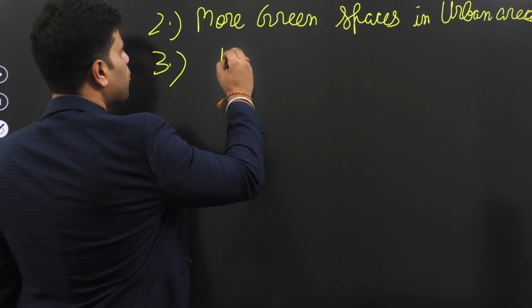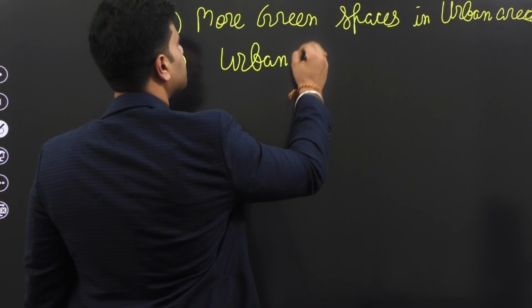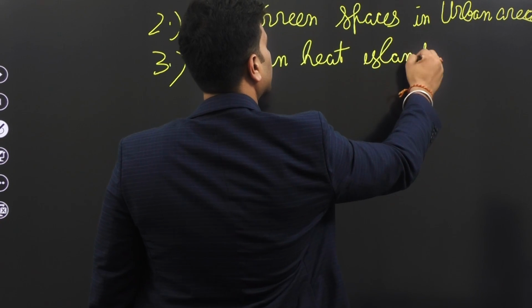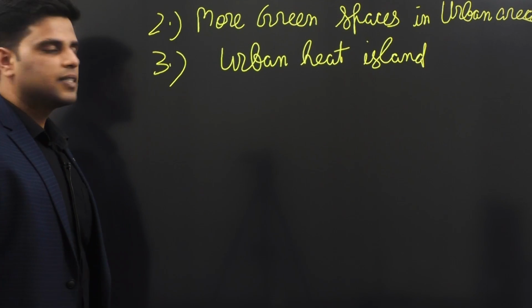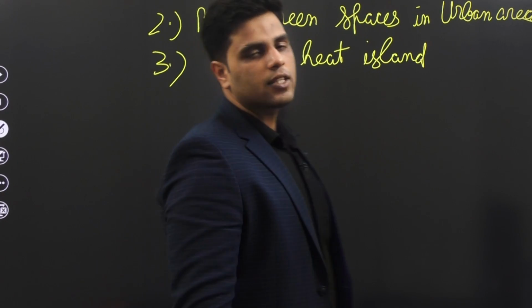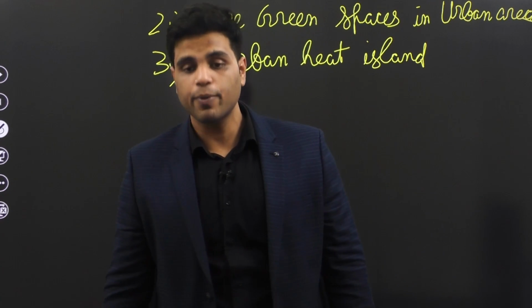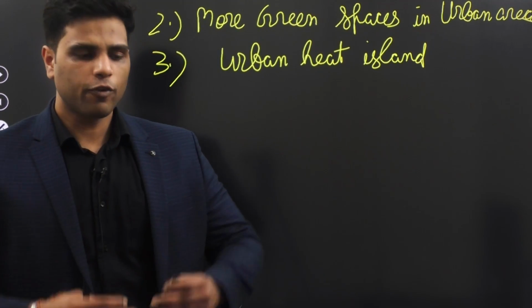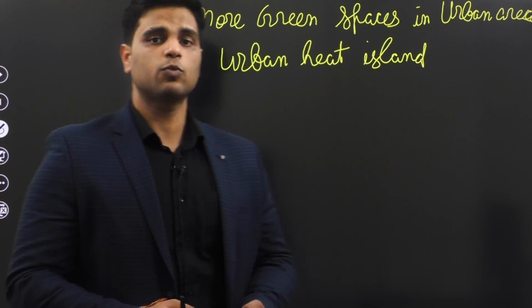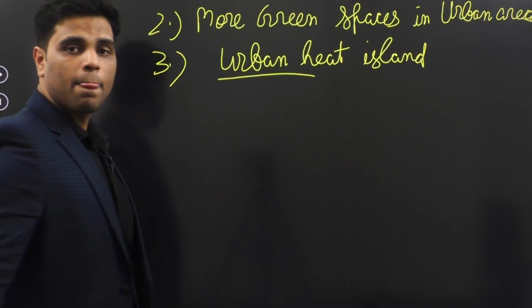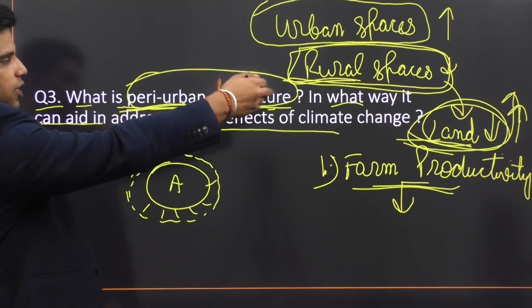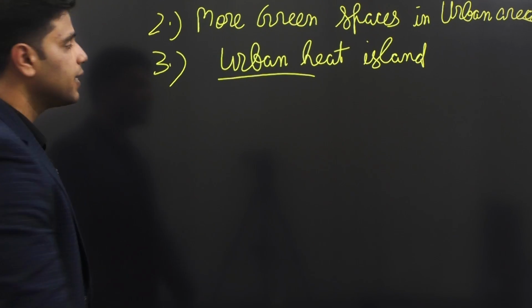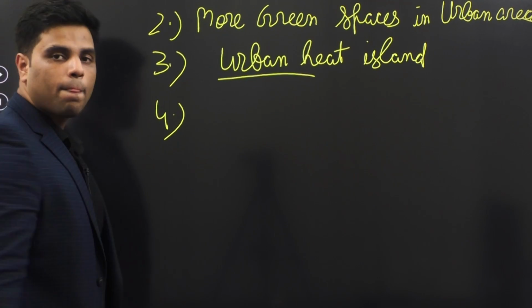Then there is this problem of urban heat island. You must have read about it in your environment section, in your environment syllabus. Urban heat island is a problem that urban areas face because of too much concrete in urban areas, right? So if you'll increase green spaces in urban areas, well, this problem would also get solved, right? Then first problem was land availability. Second, more green spaces in urban areas. Third, urban heat island. Then four,